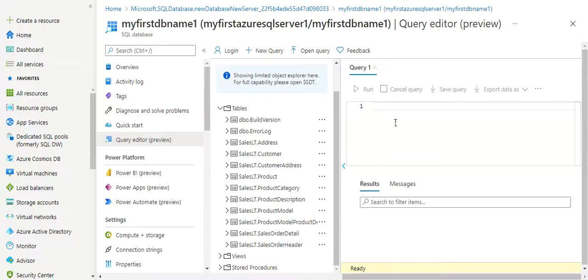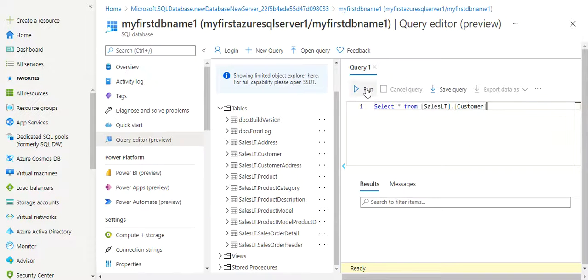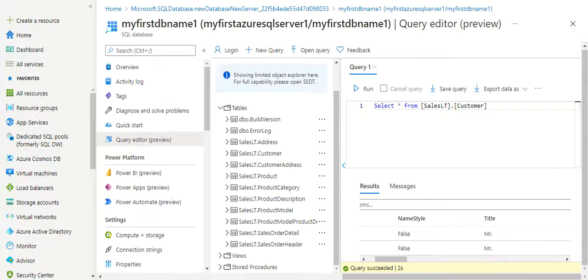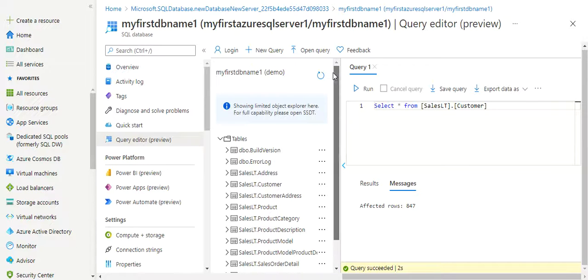So we can execute a query here. So records are coming here. 847 records are there, we can see.